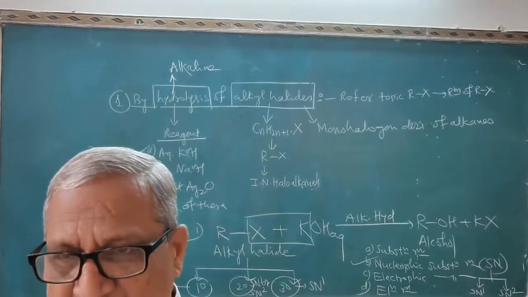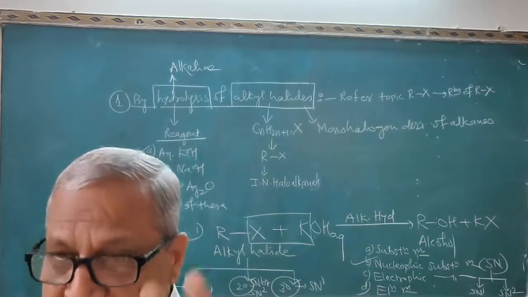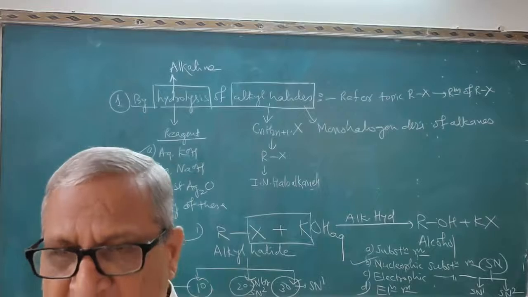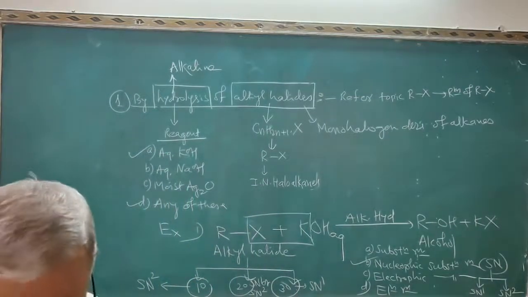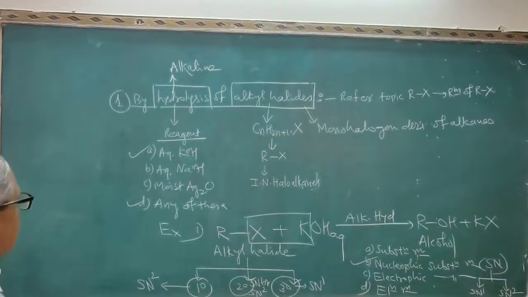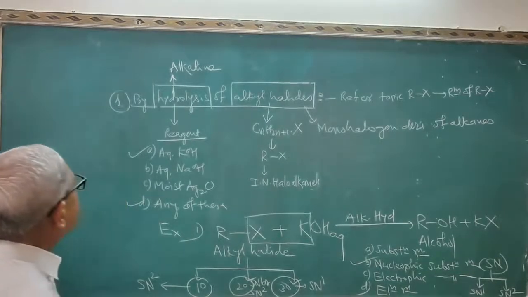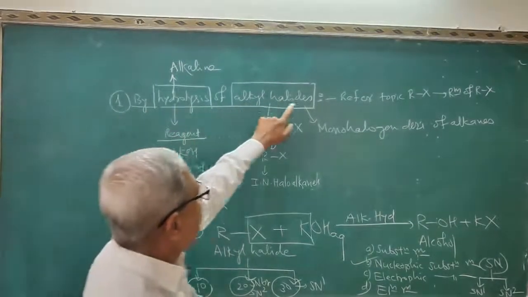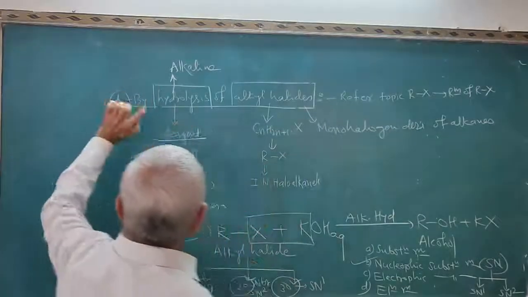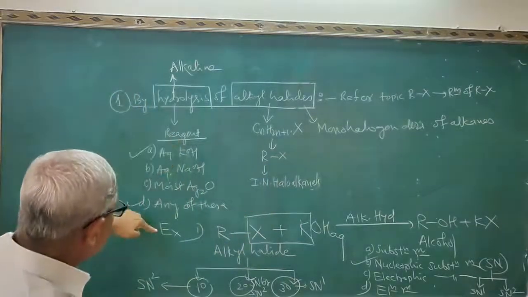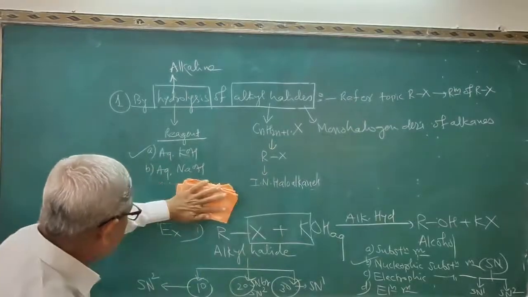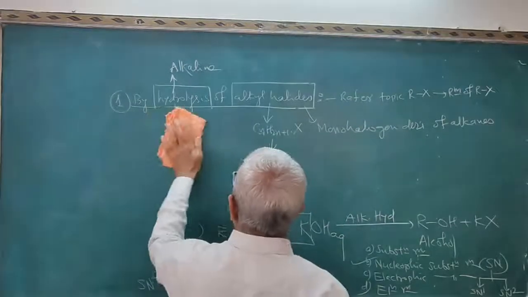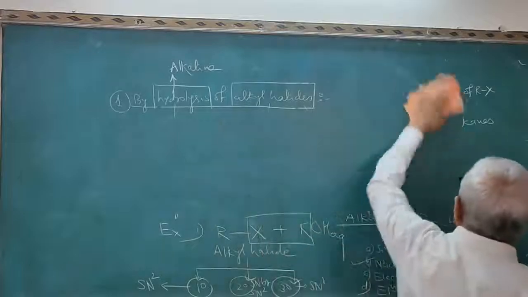Structure of substrate, nature of nucleophile, nature of leaving group, temperature, pressure. These 5 points are there. So we completed hydrolysis of alkyl halide. Take a brief revision of the reagents. Now I will take the detailed examples of this again.